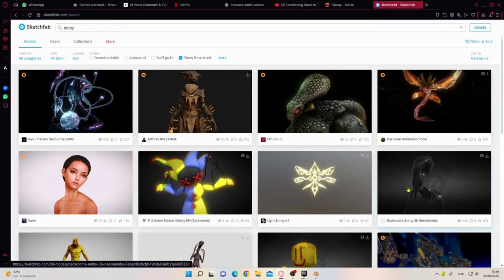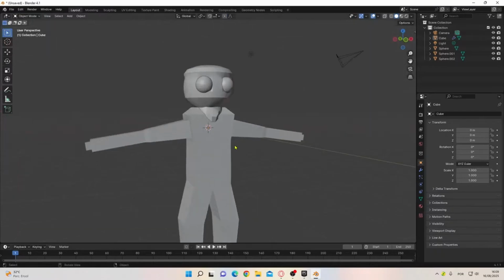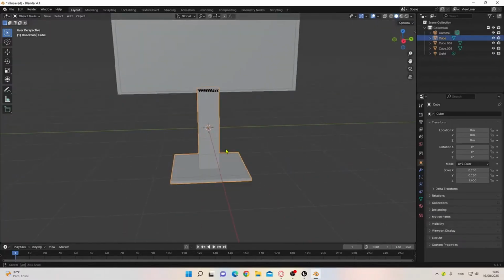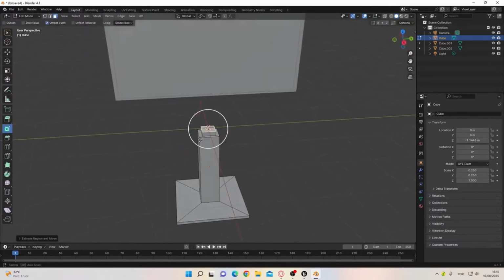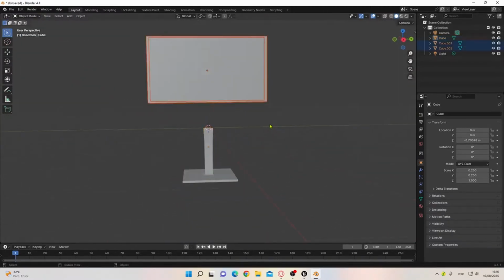Then I went hunting for a monster on Sketchfab. I wanted something truly terrifying to jump scare the player from outside the window while they're on their PC. But then I thought, why not just model it myself? Yeah, bad idea. I opened Blender, gave it a shot, and this abomination came out, straight to the trash bin. To recover my dignity, I modeled a game monitor instead. Thankfully, it turned out fine, mostly because it's just cubes and extrusions. Even I can't screw that up.